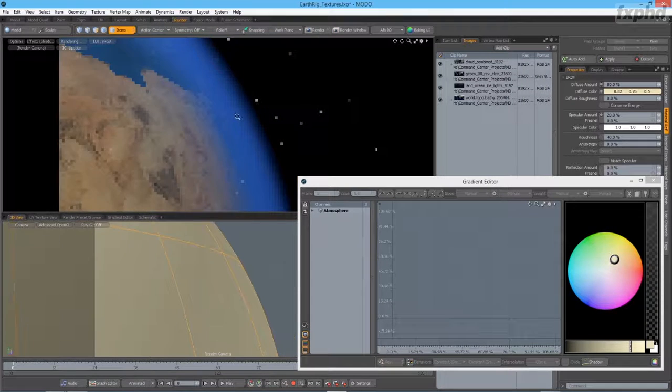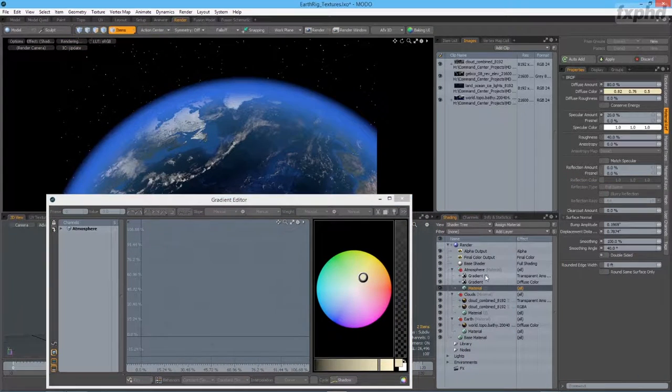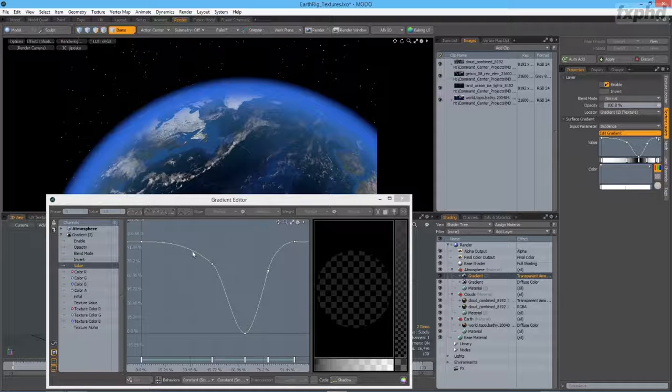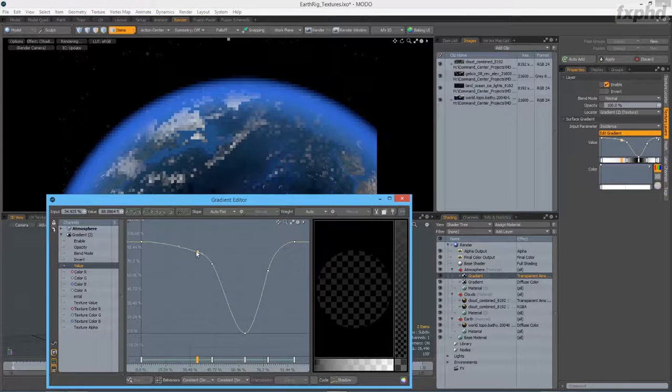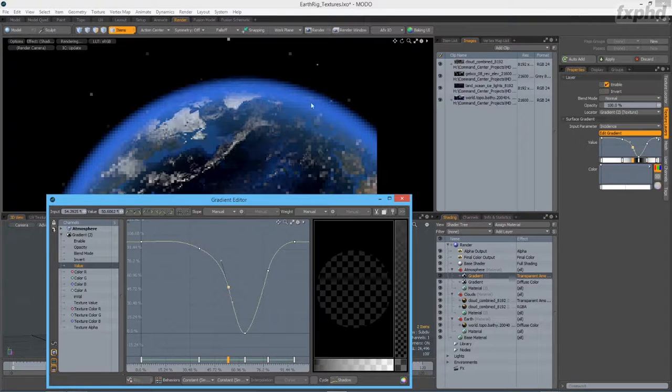So from here, it's just a matter of dialing it in to what we think looks the best, or however technically accurate we want to make this. And what I mean by that is, obviously, if this was a different planet or an alien planet that no one's ever visited, we don't know what the atmosphere looks like. So we can really just do whatever we want. But I would always recommend looking at reference photos and dialing this in to be whatever you need it to be. And the cool thing is this is all live,